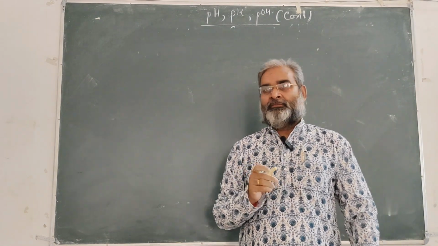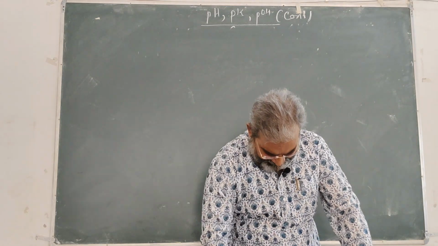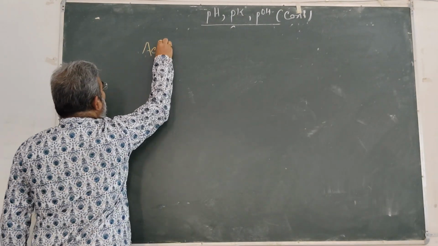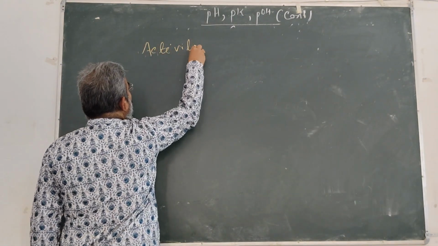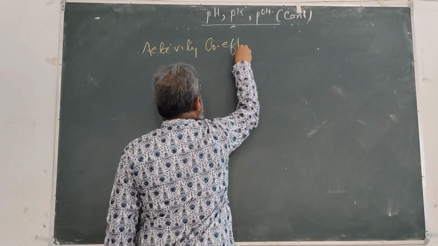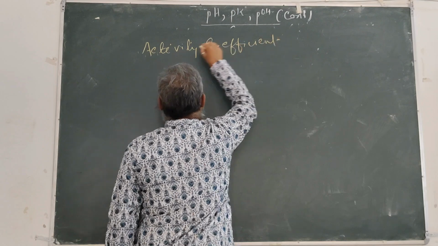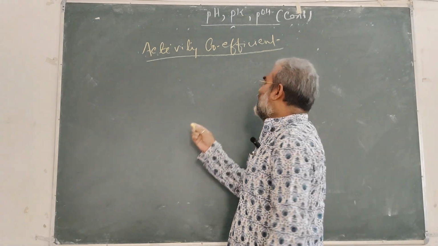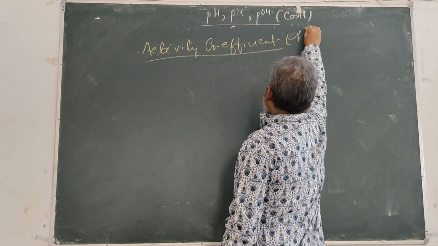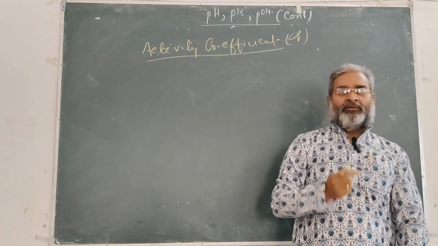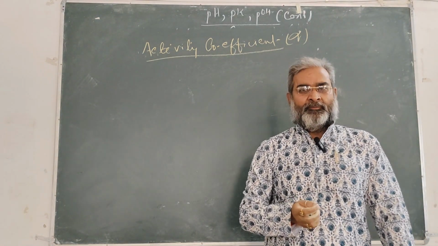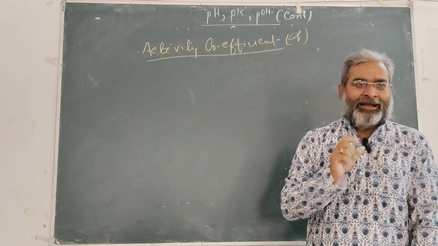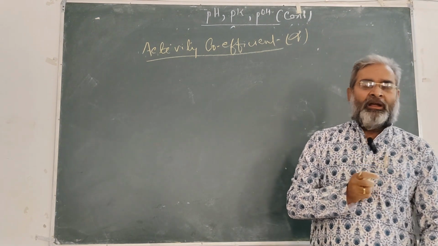गलत है, ये गलत है। और उसके लिए एक नया चीज आता है, वो है एक्टिविटी कोफिशिएंट। That is the activity coefficient, represented by alpha, small alpha, ठीक है।